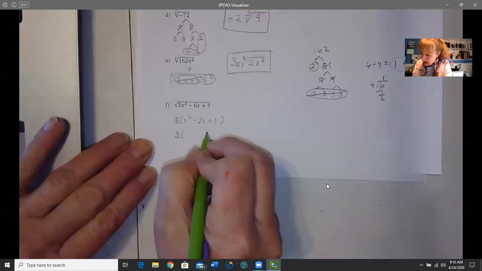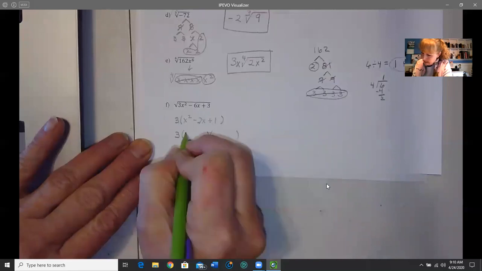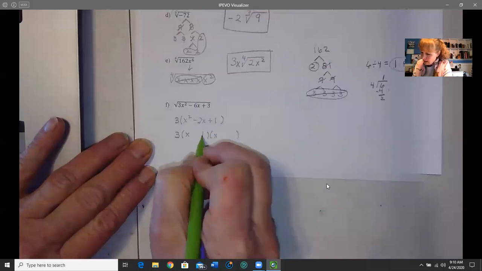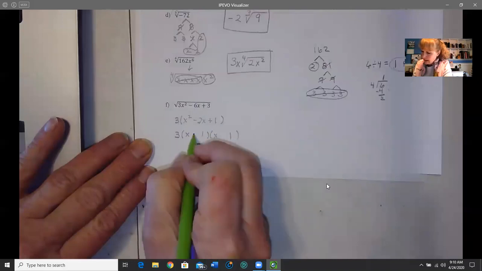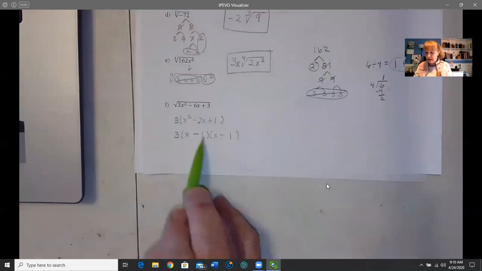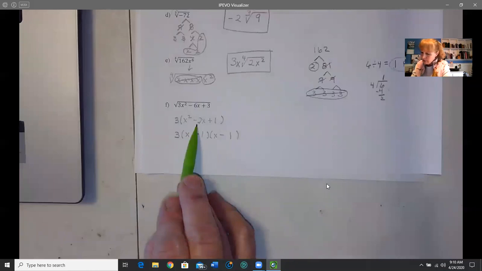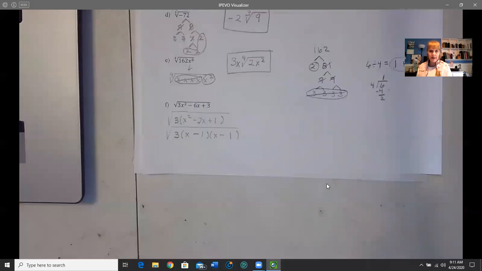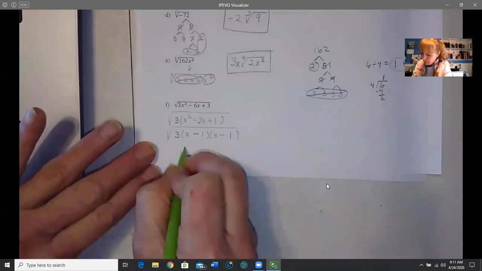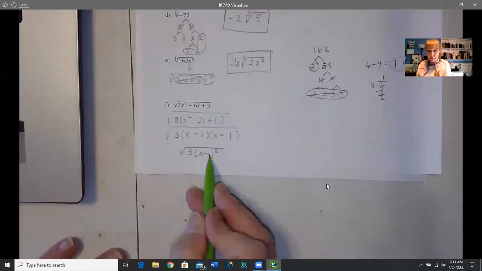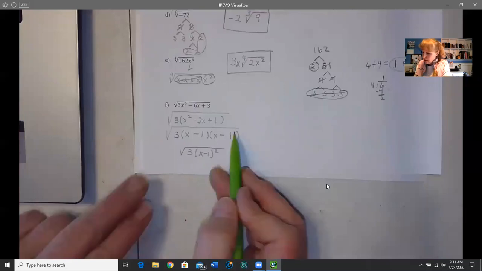So we're going to see now, x times x gives you x squared. 1 times 1 gives you 1. And if they're both negative, they'll give you a positive 1 when you multiply, added together is a -2. So we have the square root, which means we were looking for 2 of something, and we've got it. So I'm going to rewrite it. I do have 2 of those. I have 2 of them. So they will come out,